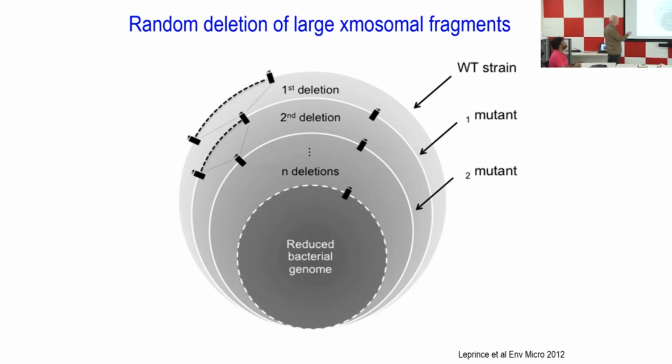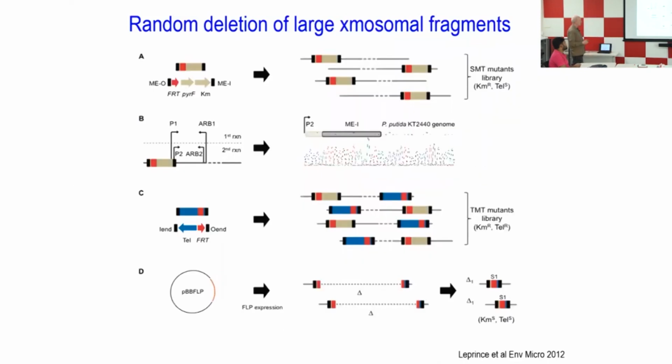When you have this deletion, you can make another round of transposition, and another deletion, and another, and at the end finish with a bacterial genome that is reduced of many of the genes that are not necessary for growth under particular conditions. This is what we did some time ago. What you have are these transposons that contain inside them these RT sequences that are recognized by site-specific recombinases. The idea is that you make a round of transposition with this transposon,